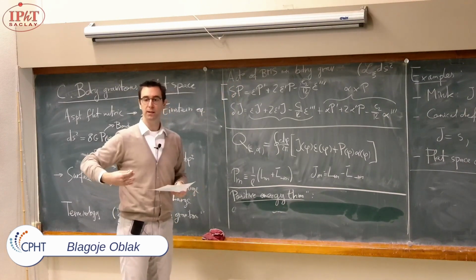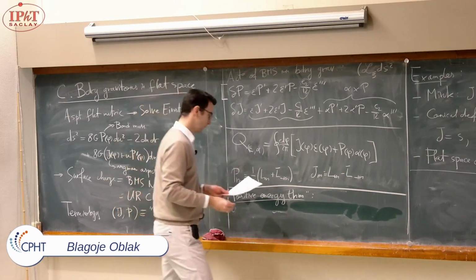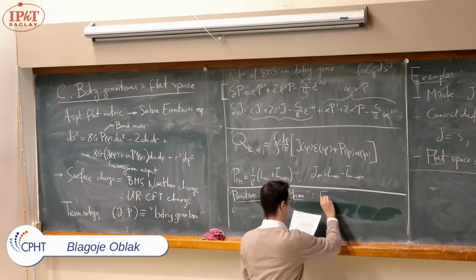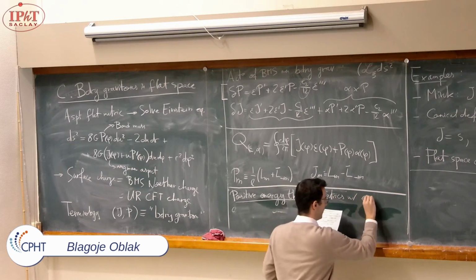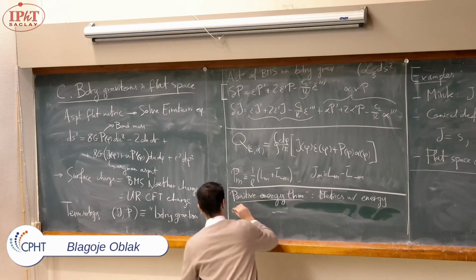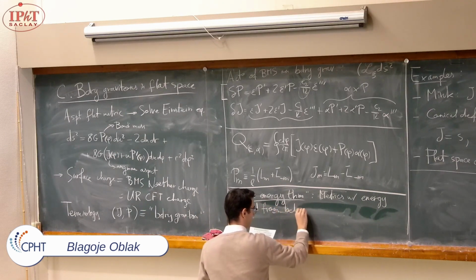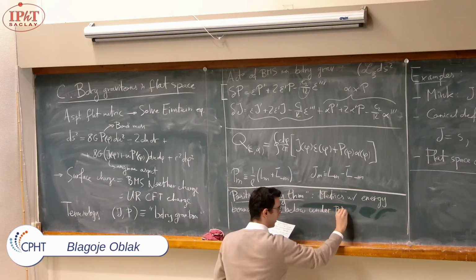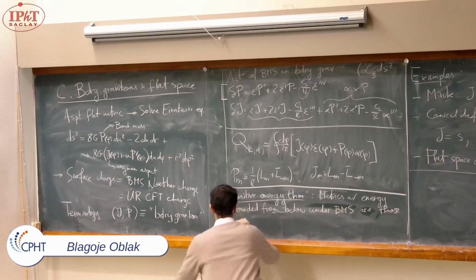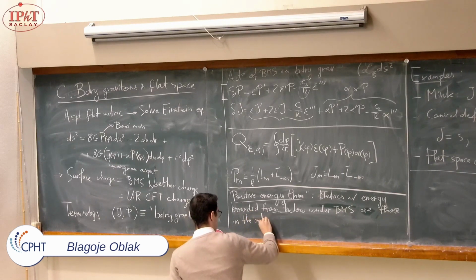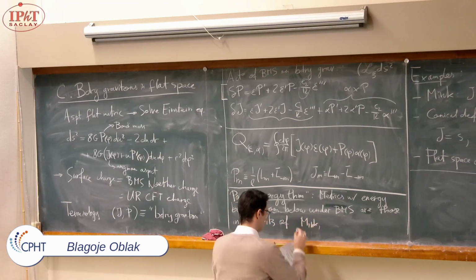So if you start from some given P and you act on it with all possible superboosts, is the energy of that guy bounded from below or not? And the answer is, let me write it properly. So the only metrics whose energy is bounded from below under BMS transformations are those in the orbits of, and now there are three possibilities: either Minkowski space,